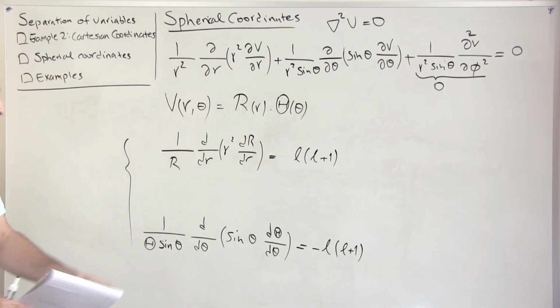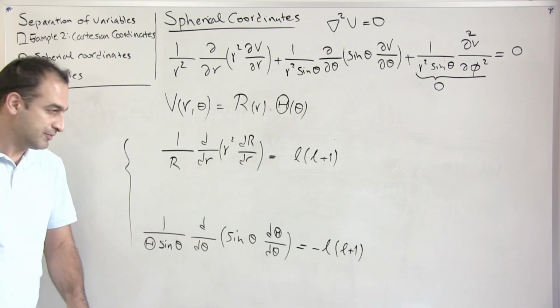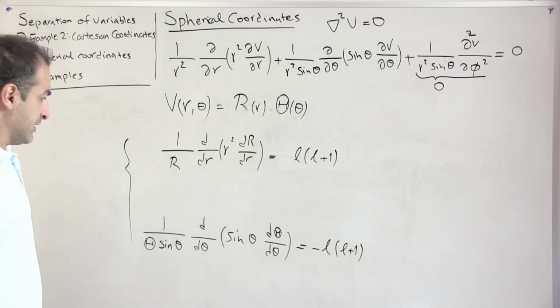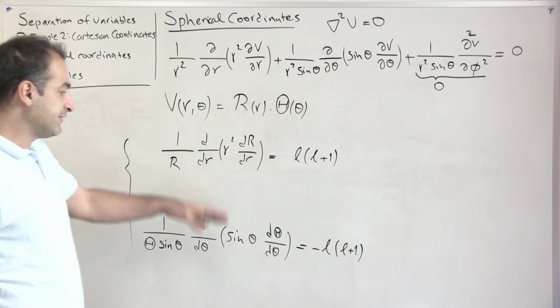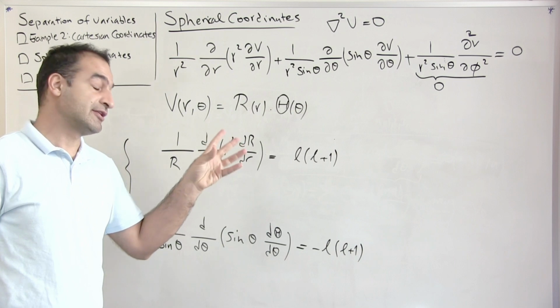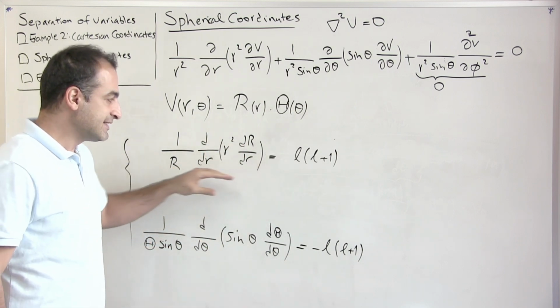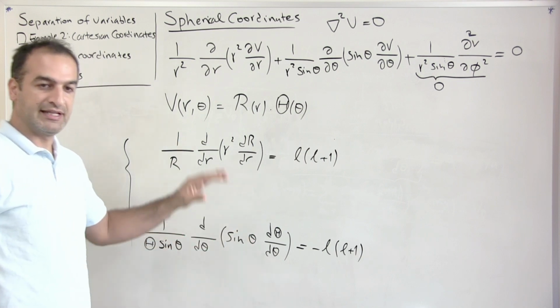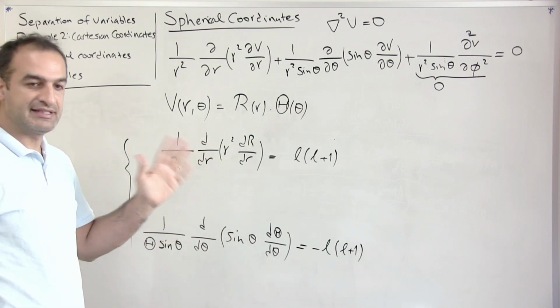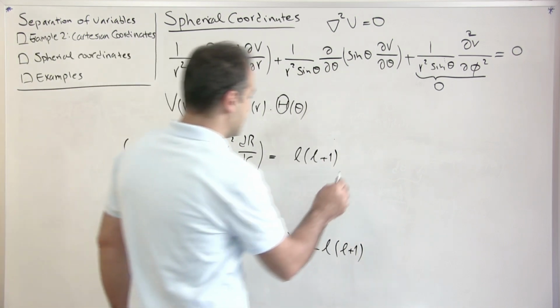If you look at them, these are both ordinary second order differential equations. The solutions are not as simple as the ones that we had in Cartesian coordinates, but these are more or less known equations, and the general solutions are known, and that's actually enough for us. The general solution for this one is